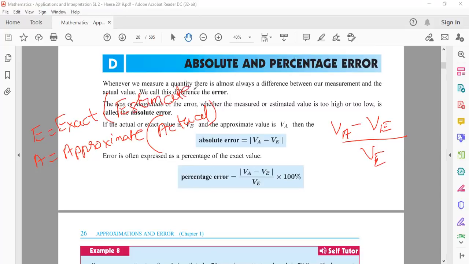So they can confuse with this as well. Okay, they'll use the words estimate and actual. So you don't have to get confused. Your formula is what? VA minus VE upon VE. So E is what? Exact. That's it. And A is approximate. So whatever is given in the question, you have to use this one only. Okay. Write down the formula somewhere, or otherwise take a pic. Otherwise, write it down only.